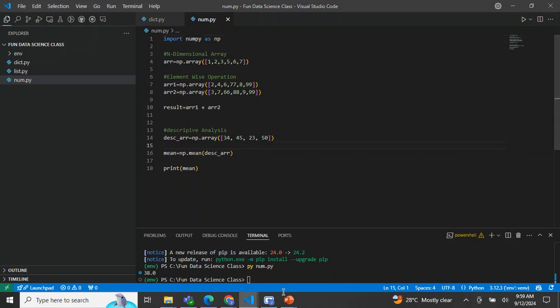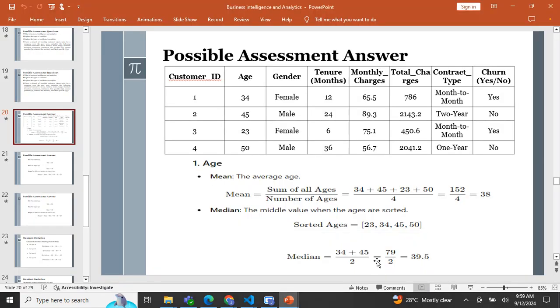So what about median? Let's move on to the next one here. For median, you can see we have an even number of elements, and we're trying to get the median. If it's an odd number, we'll just pick the middle, and the middle number becomes the median. But because it's even, it takes the two middle ones, which is 45 and 20. It takes the two middle ages,